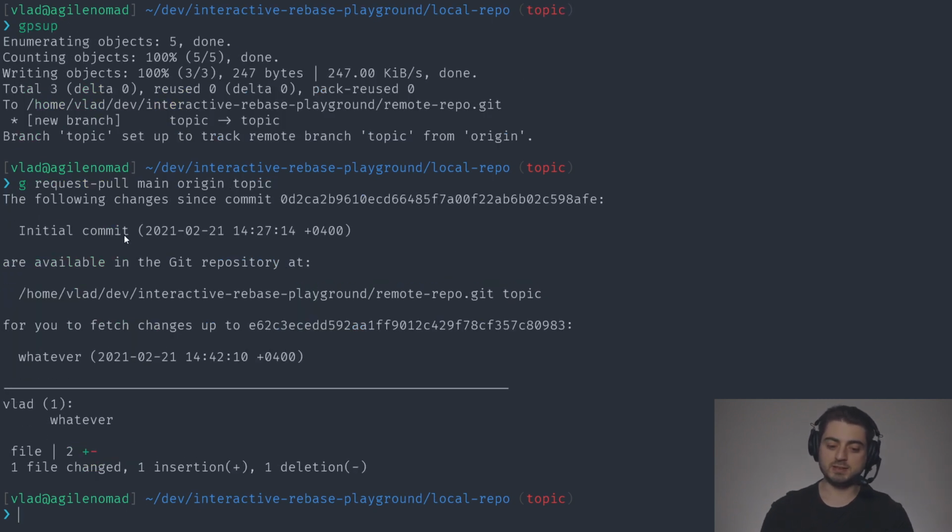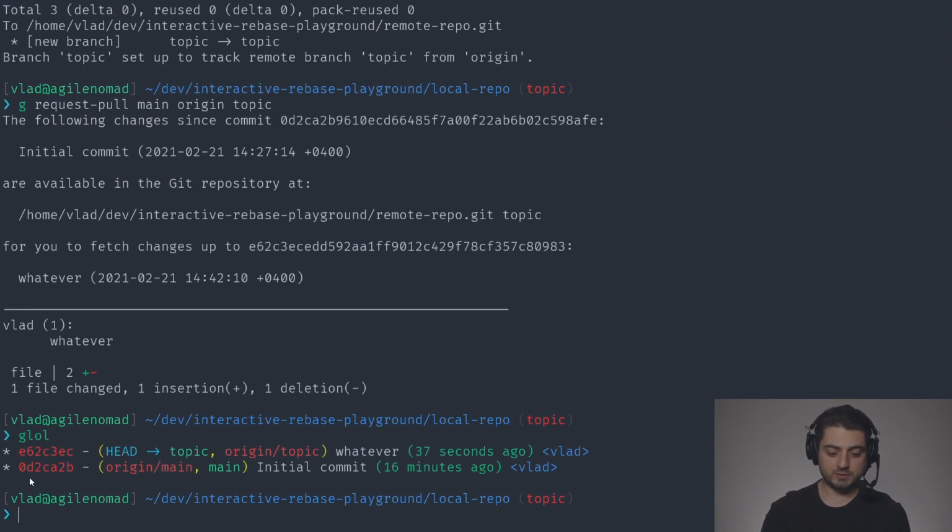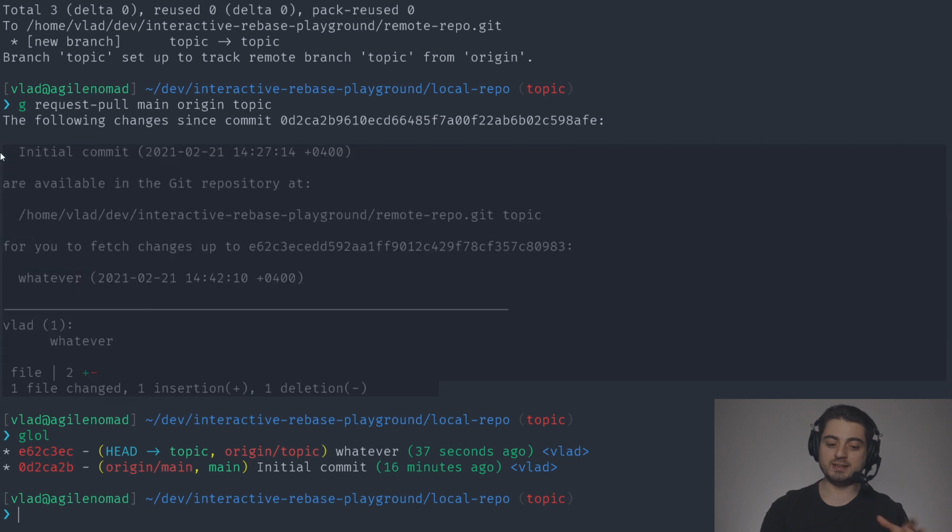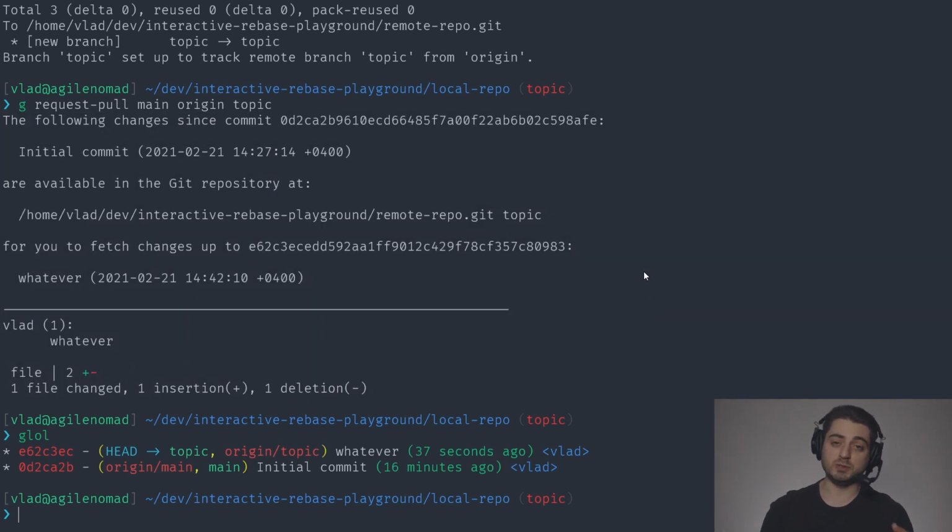It says this was the initial commit. It basically says the following changes since commit 0d2, which is glol 0d2, which is the initial commit, are available in the Git repository at, and it shows me the remote repository, the dot git, for you to fetch changes up to this one, which is called whatever, and these are the changes. So you could take this, literally copy paste it and actually send an email to somebody. In fact, you wouldn't need to do this because Git actually has a functionality to actually send this email for